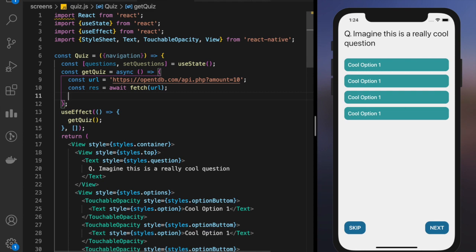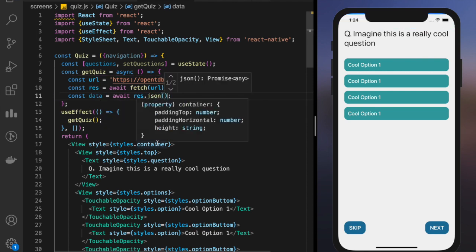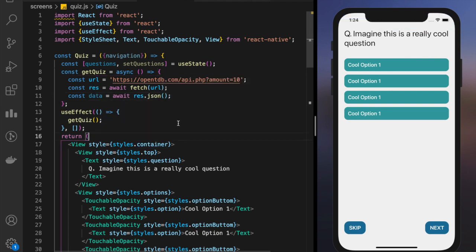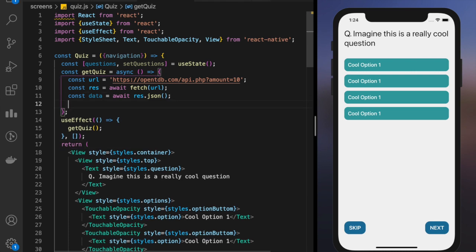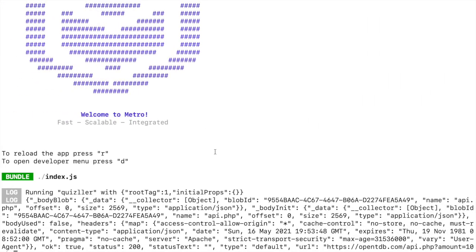I like this method, it's more readable. Data is equal to await res.json. So we will wait till this is JSONified. JSON is JavaScript object notation, so it's an object format which our JavaScript applications can understand. Now if you will log our data, you will see this.